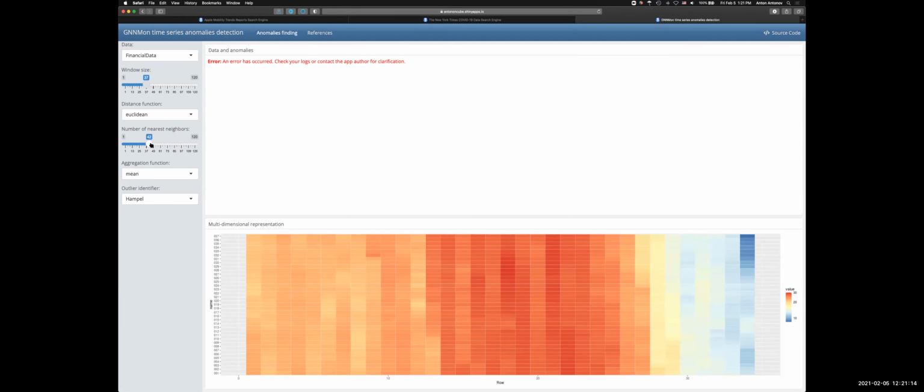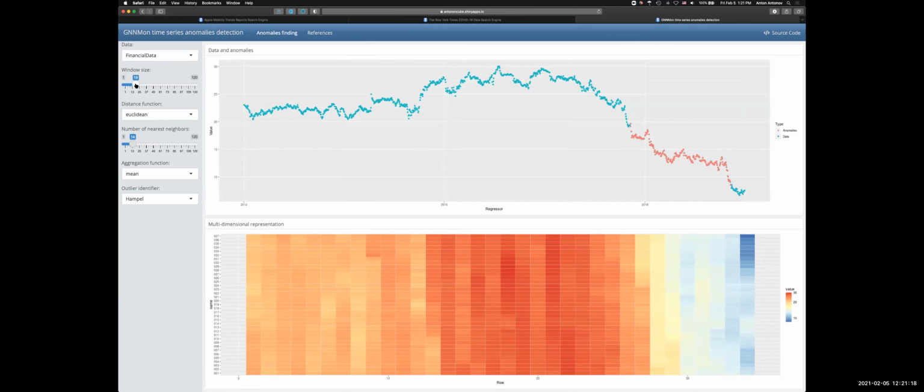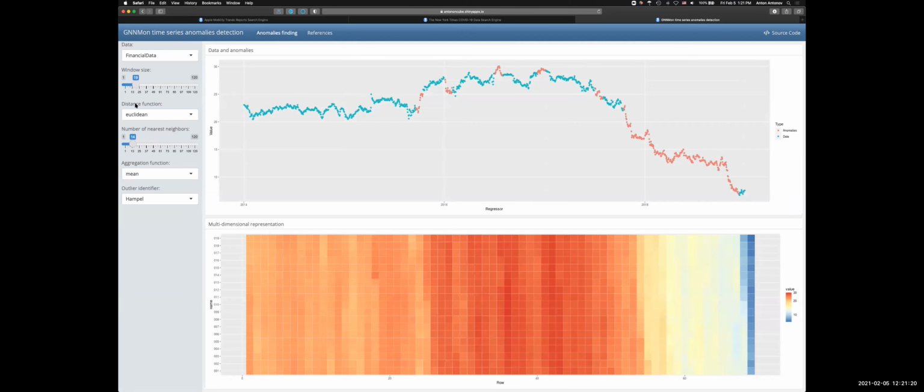Obviously, I can also take into account how many nearest neighbors I'm considering. This was detrimental. So using different outlier identifiers and different neighbors, I'll be producing slightly different results. It's a very interesting question.